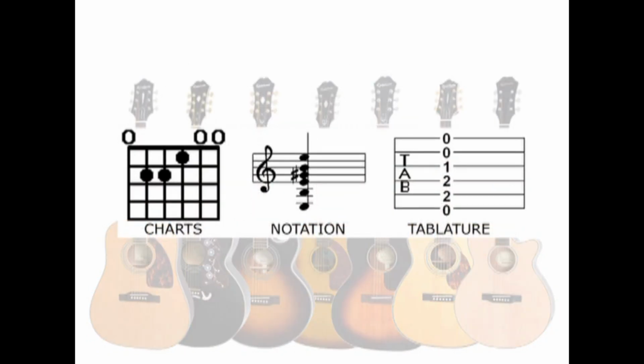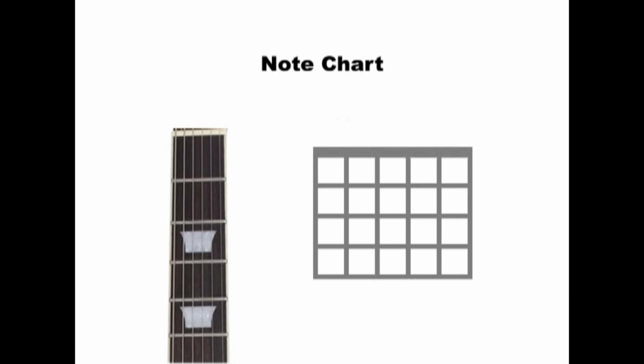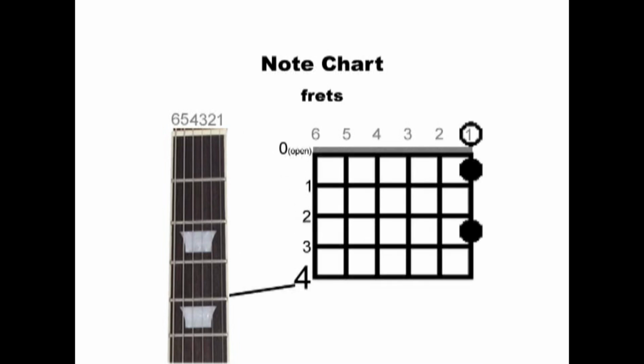This video uses chord charts, traditional music notation, and tablature, also known as tab. This is a note chart. Each vertical line represents a guitar string. Each horizontal line represents a fret. Dots are placed on the note chart to show you which strings and frets to hold in order to play